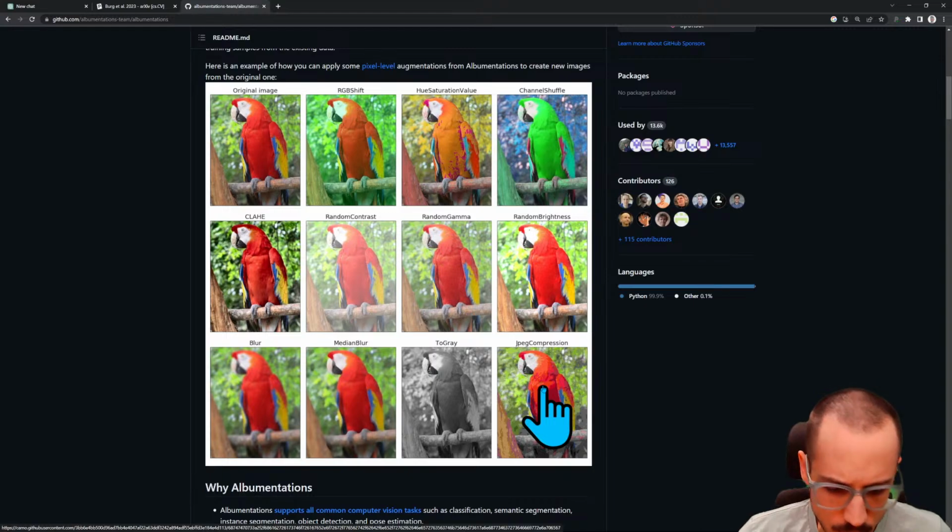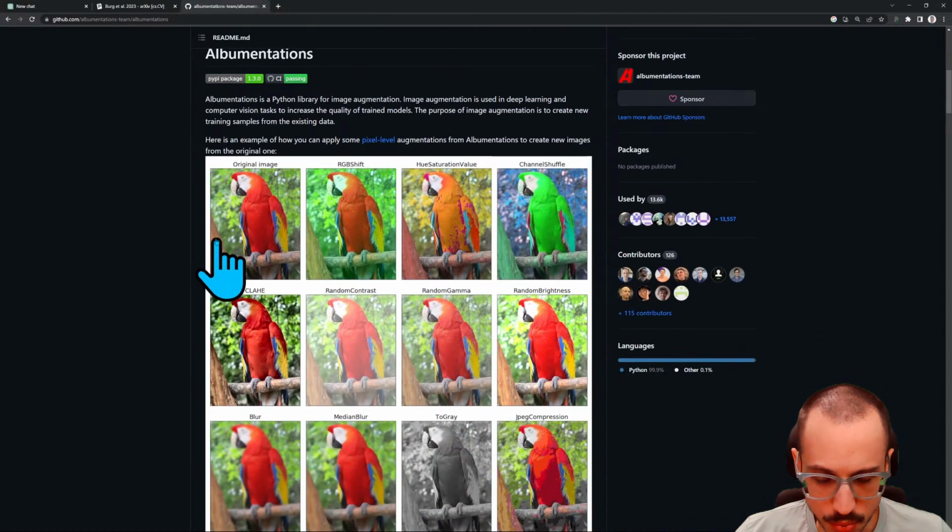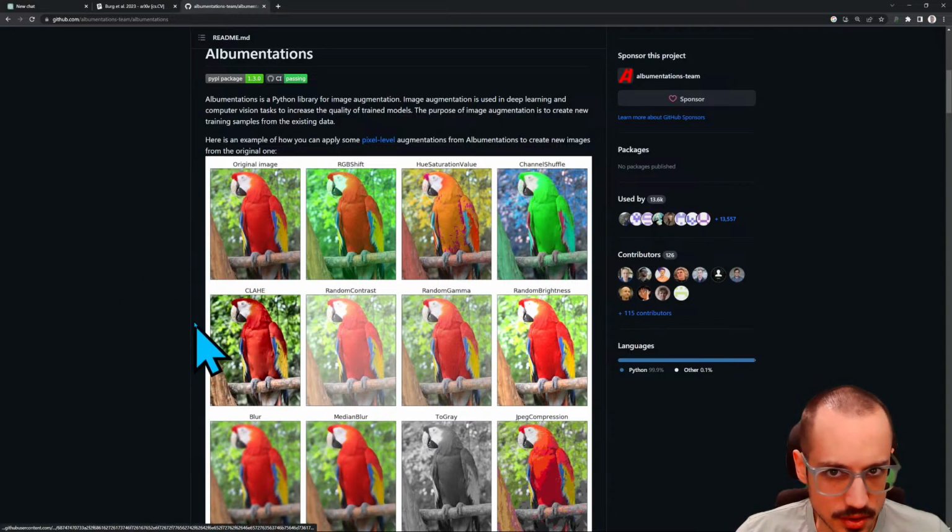So it's a way to take one image in your data set and turn it into potentially hundreds of different images. And it artificially increases the size of your data set, and then you can benefit from the power laws and the scaling laws that bigger data sets result in better performance. So data augmentation is a very important part of any machine learning project, and pretty much every single type of machine learning